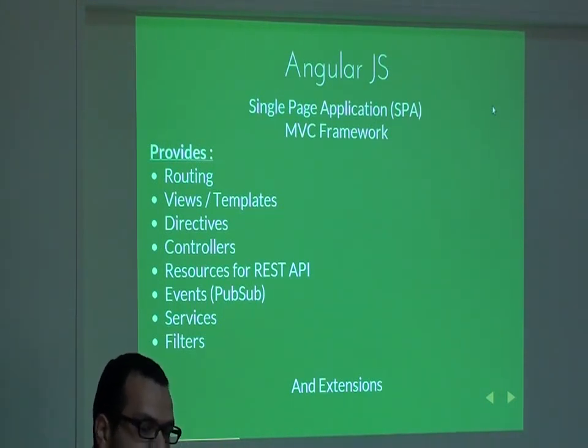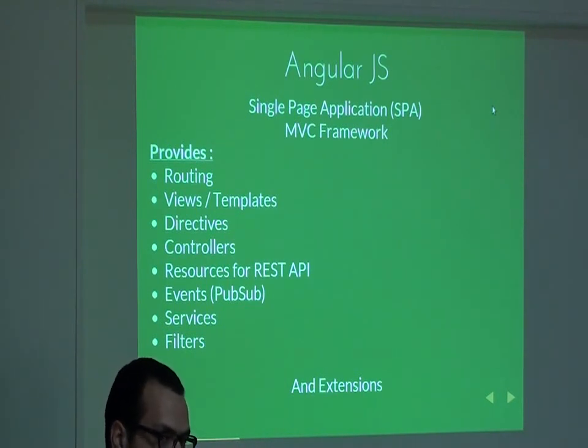AngularJS is a JavaScript framework that provides MVC framework for the front end. Usually we had the issue of creating JavaScript scripts using jQuery and other utilities to manipulate the DOM and alter the HTML to suit our needs for representing the data. Using AngularJS, we will be having this feature, routing, and using templates by default, directives that we can create